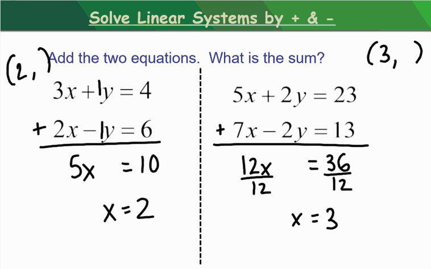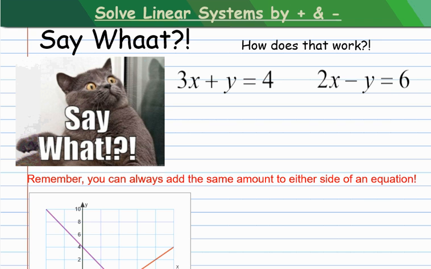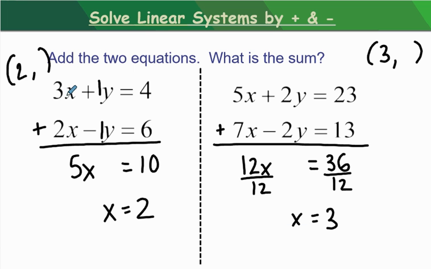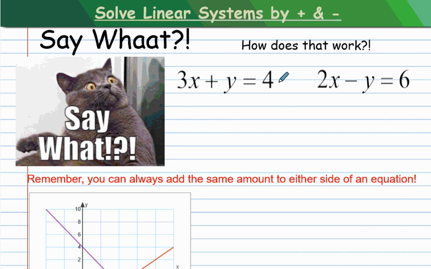I want to talk real quick. So that's when it works. I want to mention before we go practicing a few more, why does this work? How can I simply just add two equations and have that mathematically be valid? Well, this is the reason why. Let's go back to this first one of 3x plus y equals 4 and 2x minus y equals 6. Let's say for this equation, the first one, I want to add